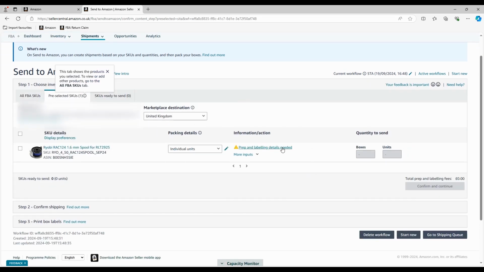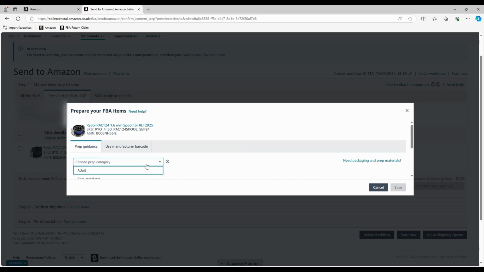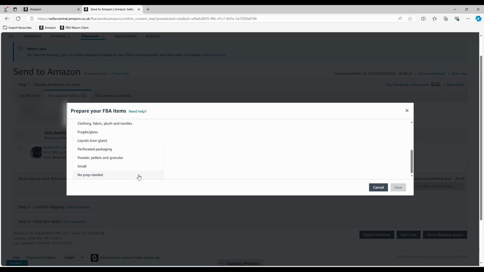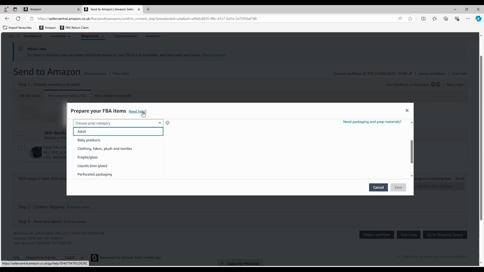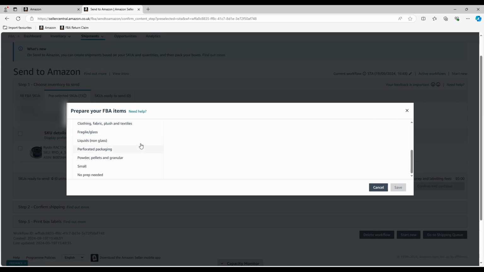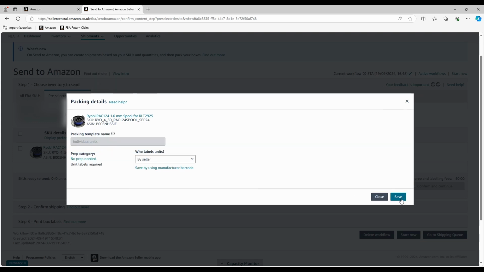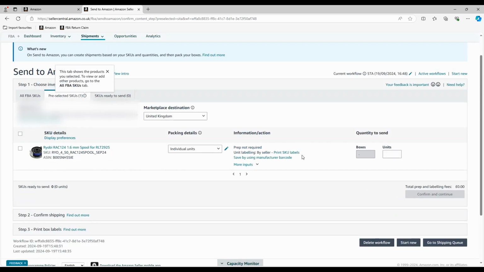At this point, if you click on Prep and Labeling Details Needed, you can see there's a little exclamation mark next to that, so there's some stuff that needs to be done there. If you select the prep category for it, almost everything is no prep needed, but you can click Need Help at the top there, and it will tell you exactly what category yours is likely to be. You can see that it's pretty obvious which yours would be in this case. Small is for things that are absolutely tiny, like coins or things like that, so most of the time it's no prep needed. If you select Save, then what it gives you the option is to print your own labels,